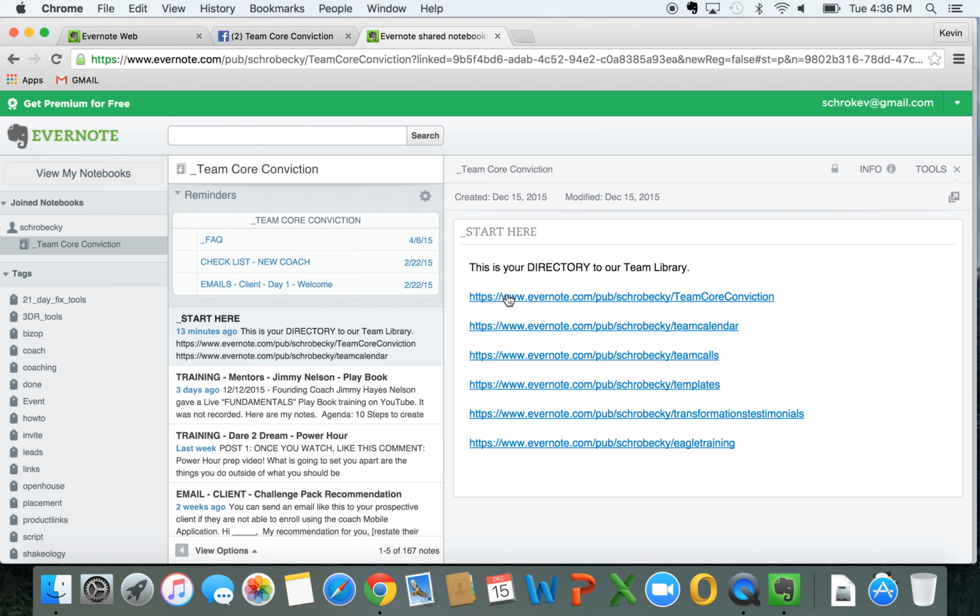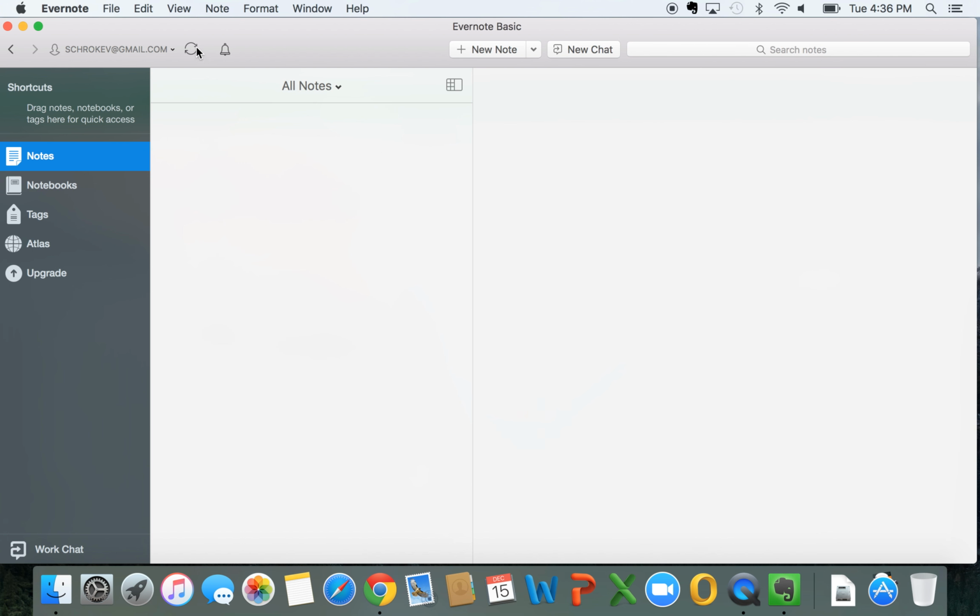Okay, awesome. So now we're in the web version of Evernote, which is fine. I don't personally enjoy working with the web version. I like a desktop client. It's just my preference. So however you prefer to do it, if you want to stay in the web, that's up to you. I personally recommend that you go back to your application that you downloaded, come up here to refresh,